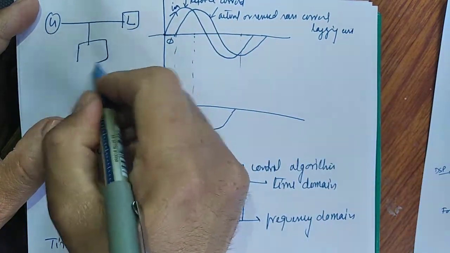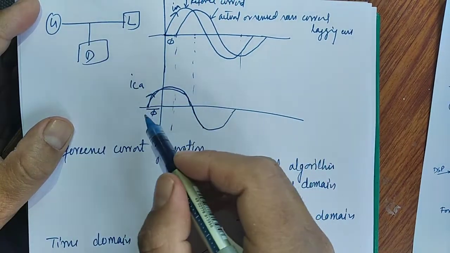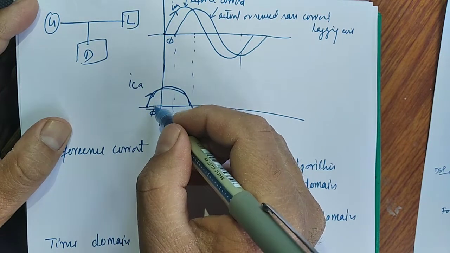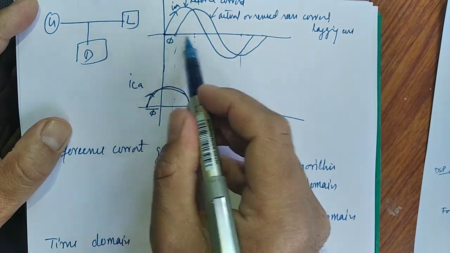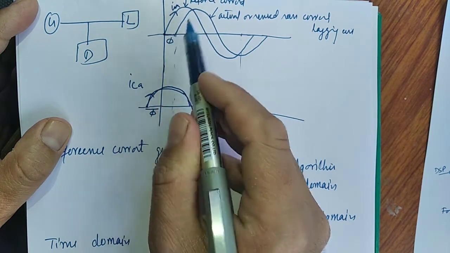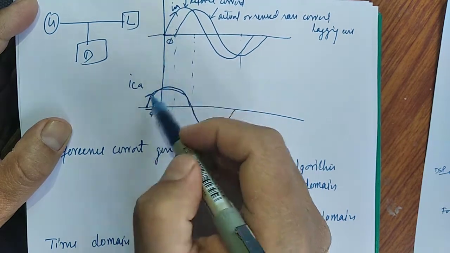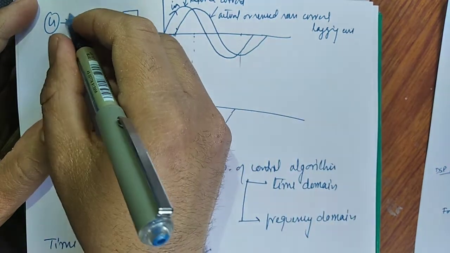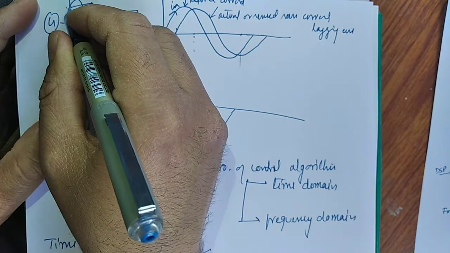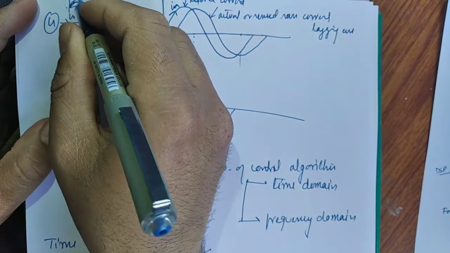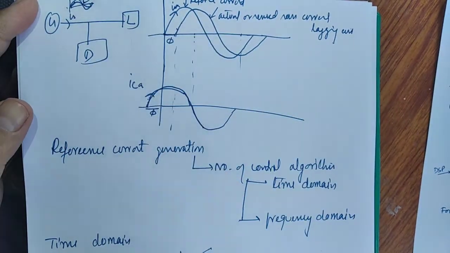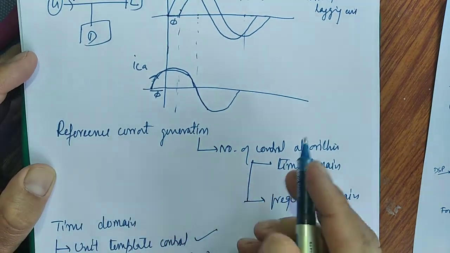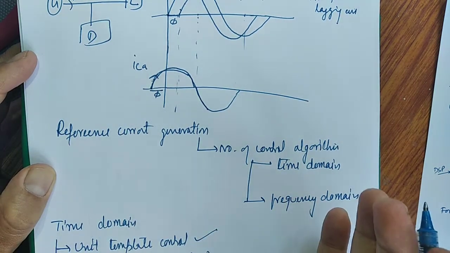When we connect this compensator, the D-STATCOM, it will generate this phi. It will give a leading current indirectly, so that this becomes unity power factor. So we get the reference current. This resultant will be this, and this resultant will be this reference current. This is how the source current is unity with the voltage. This is voltage and current. This is how power factor is corrected here. This is the compensator current.